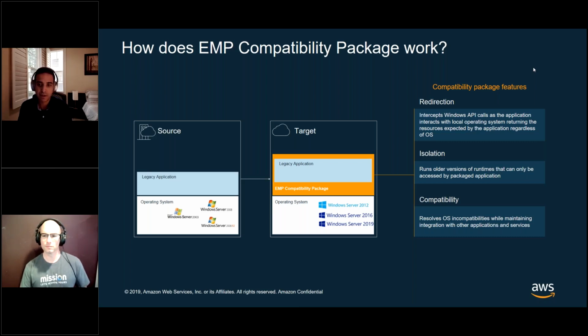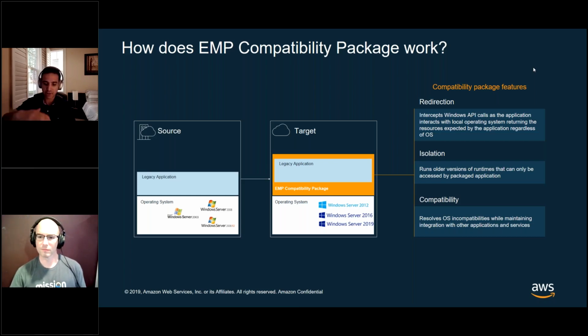So the really nice thing about the package is that it's a completely self-contained environment. We're running it in isolation, and that eliminates the risk of having any other applications access that packaged application, right? So we eliminate the security exposure that might be happening by completely isolating this application in the environment.